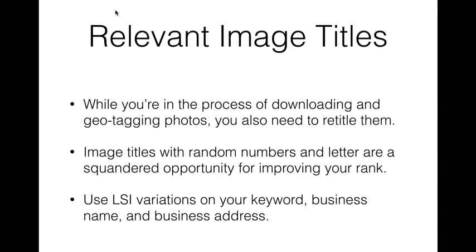So the next thing is, while you're in the process of downloading and geotagging those photos, you also need to retitle them. Image titles with random numbers and letters are really a squandered opportunity for improving your rank. Use LSI variations of your keyword, your business name, and your business address in the titles, because you also have to